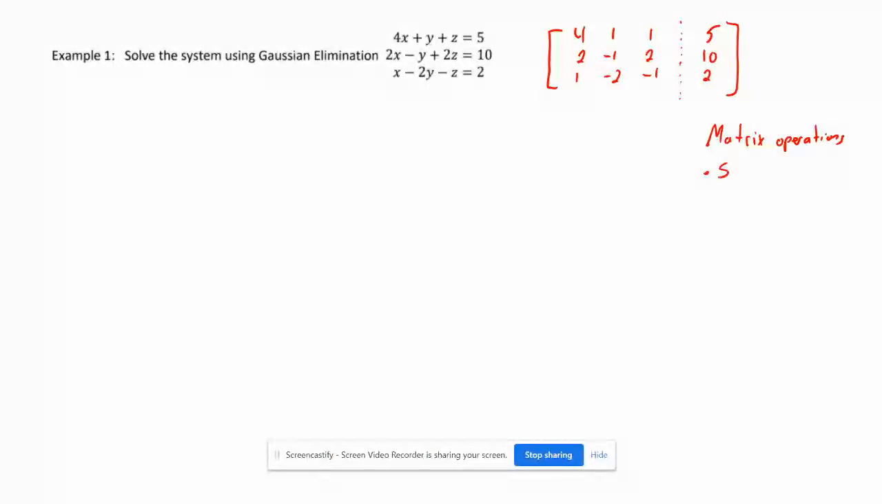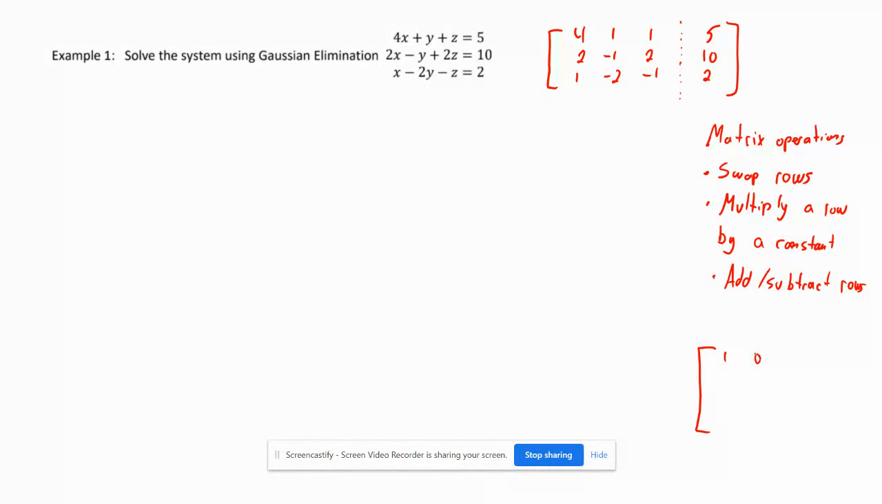We can swap rows. We can multiply a row by a constant. And then we can add or subtract rows. All right, okay, so the purpose of what we're trying to get to over here, guys, is, well, we already did this question,